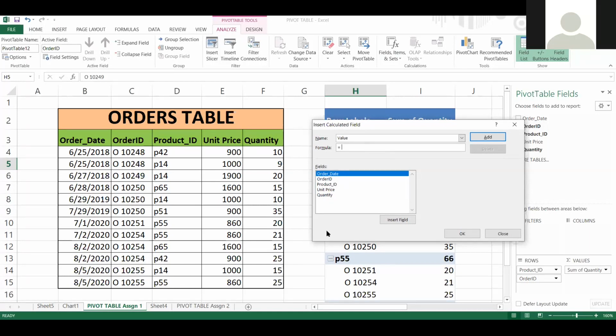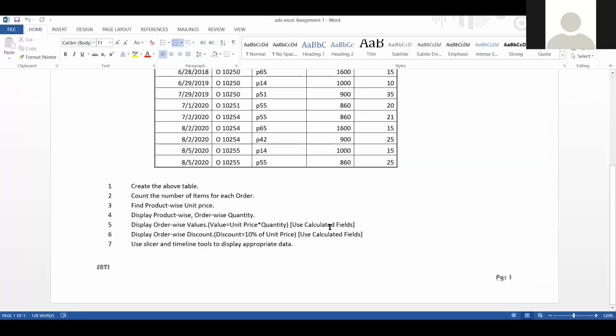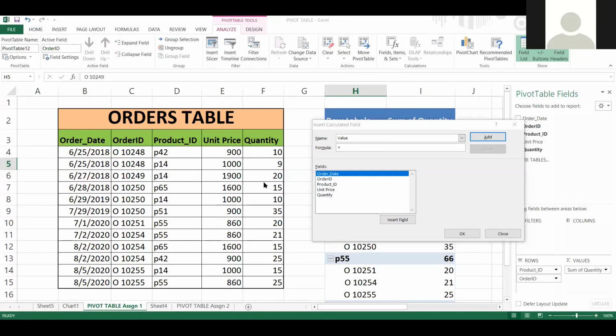They have already given it: unit price into quantity.